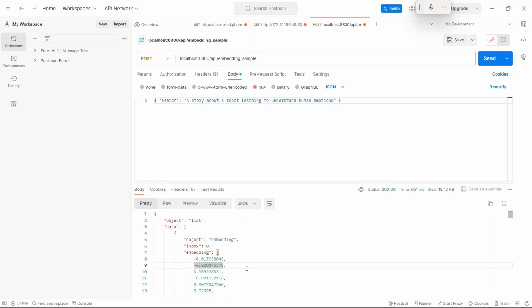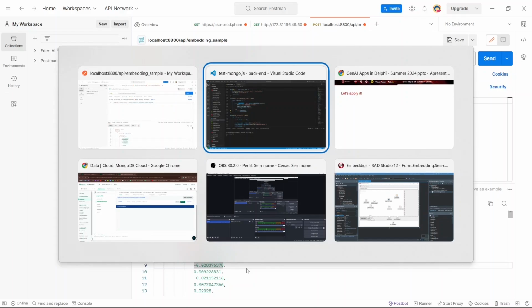Every time that I want to search for something, search for a meaning, I will have to generate the embedding. And this generation of the embedding must follow the rules that I told you. Be always from the same LLM provider, and be always called via an API call.